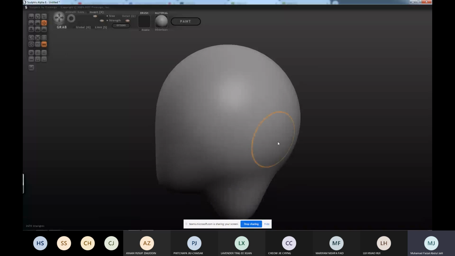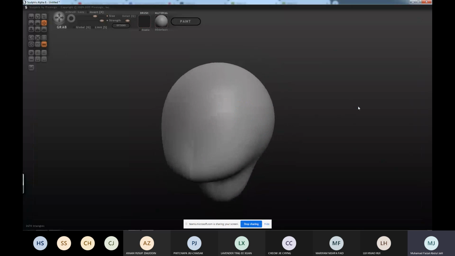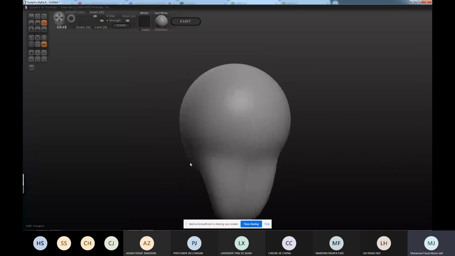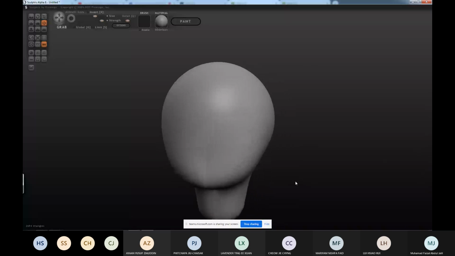Still using the grab tools to work. And then when I want to extend the neck and the body itself, just resize a bit, and then start to work